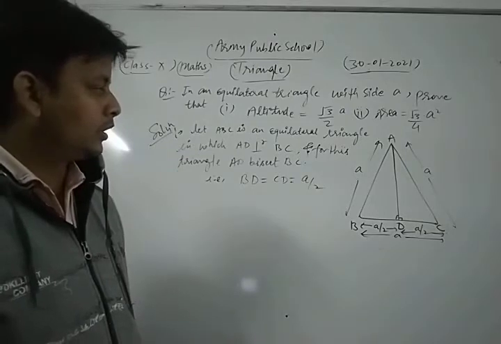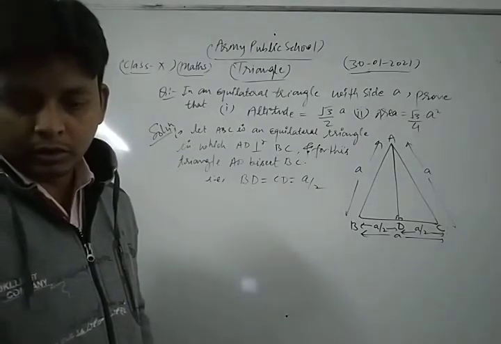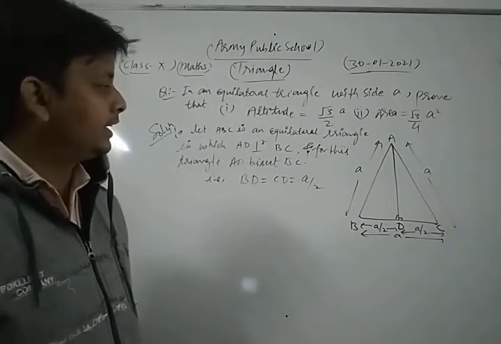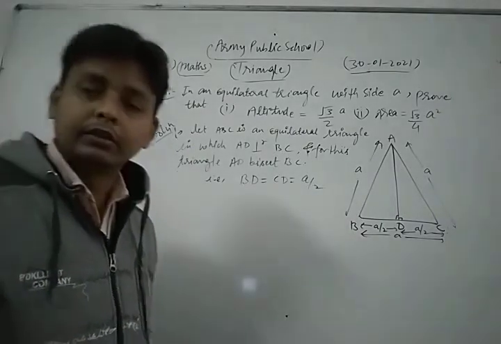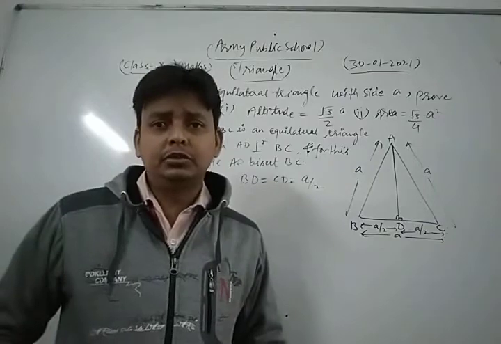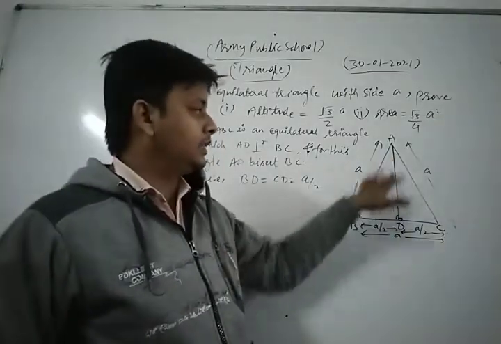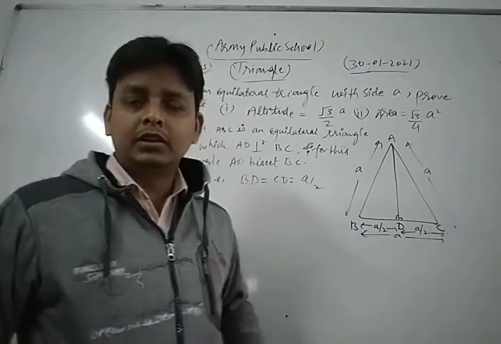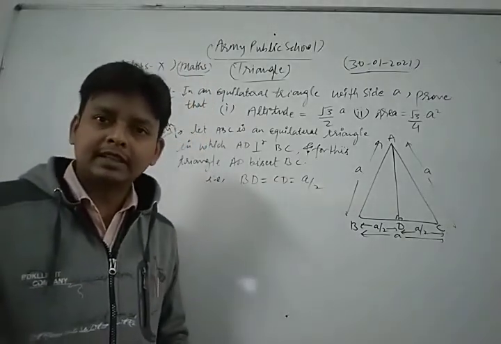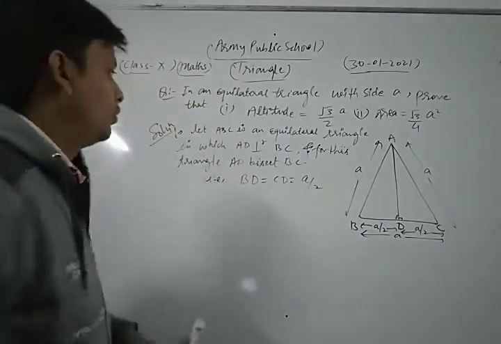Now, dear students, in triangle ADB, we apply the Pythagoras theorem because we need to find the altitude. In this triangle, this is the altitude AD. This is the altitude or height of an equilateral triangle. So, for finding the altitude of that triangle,